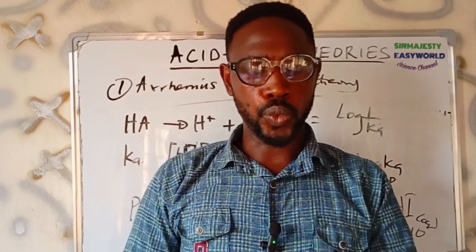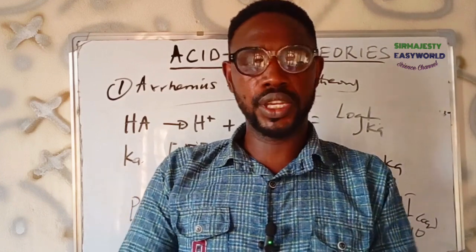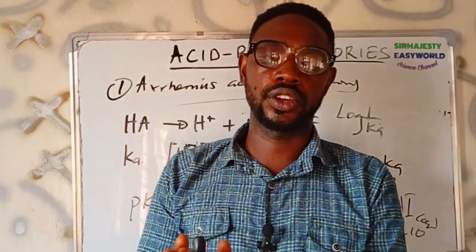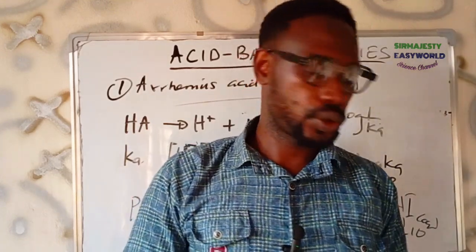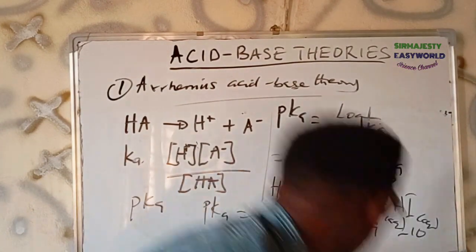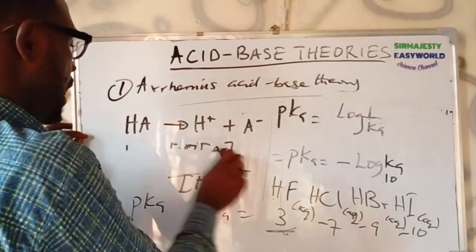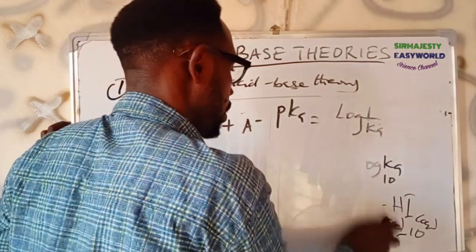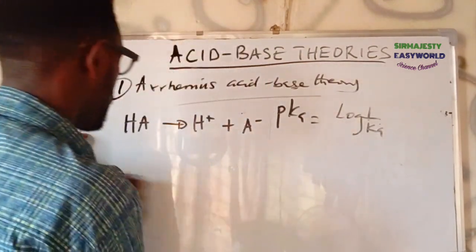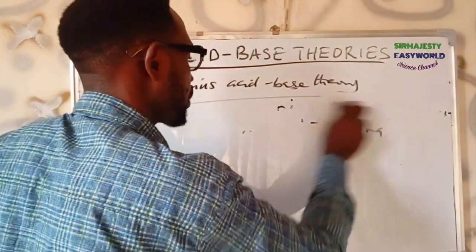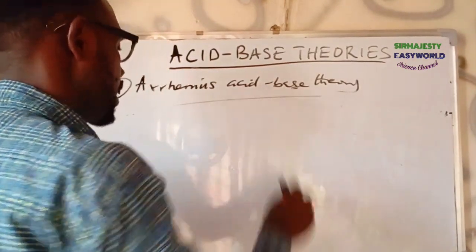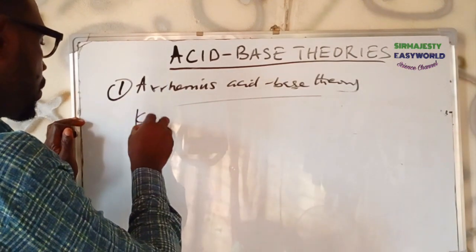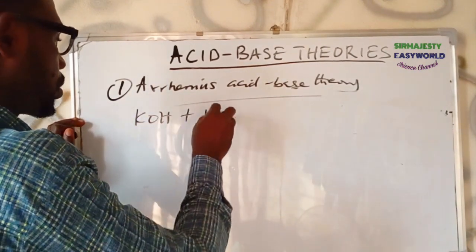And now, this means that acid-base reactions automatically end up reacting hydrogen ion and hydroxyl ion to give you water. So in this case, I will demonstrate the reaction between acid and base, so that you see the ionic equation of all the acid-base reactions in aqueous condition automatically ends up being the same thing. Name a base. One can say KOH plus what?